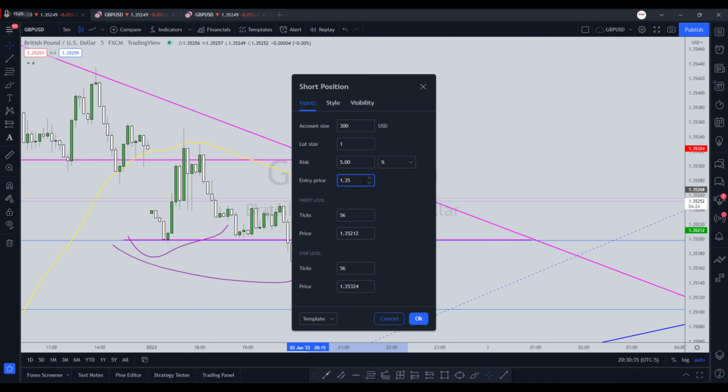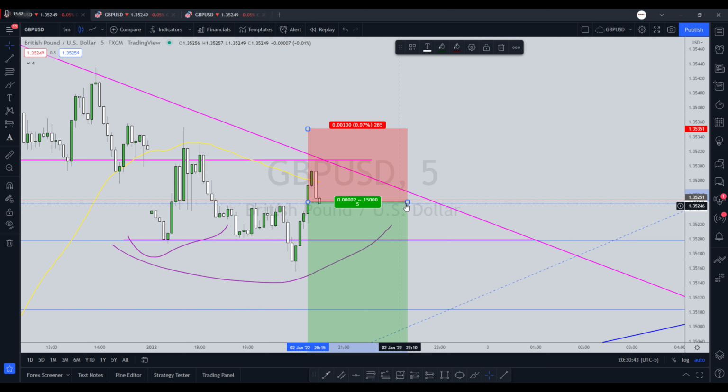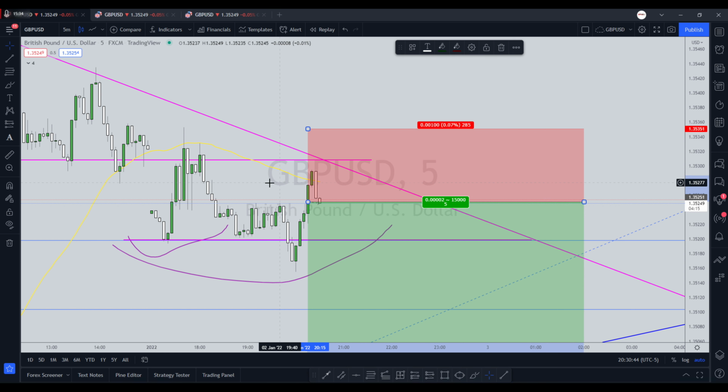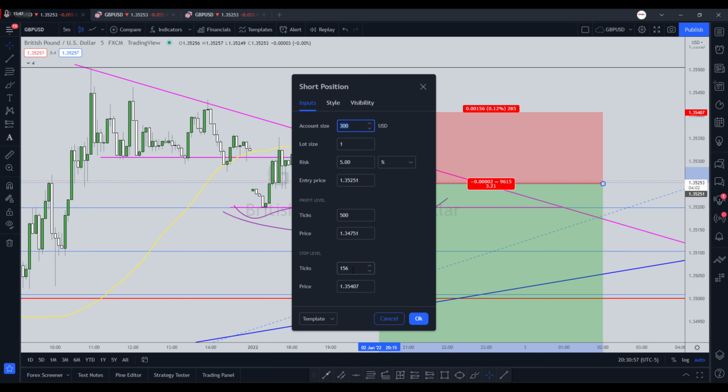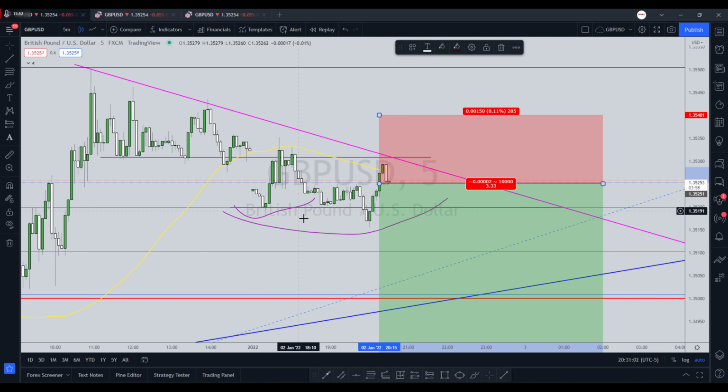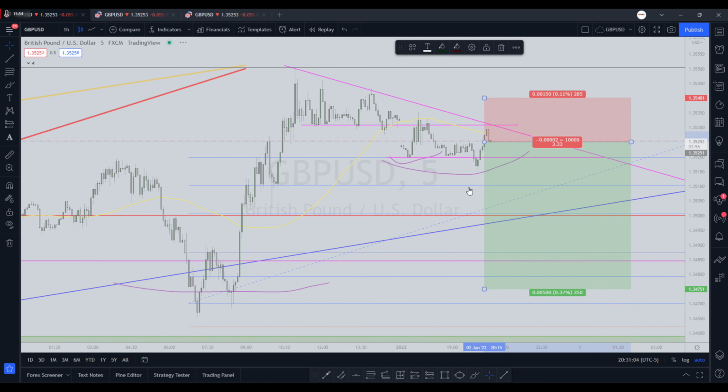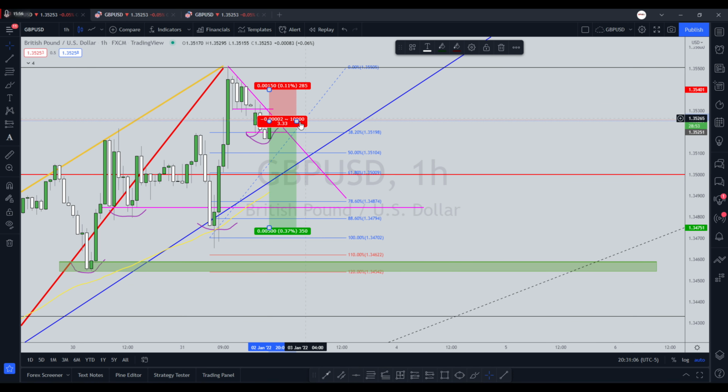We're already in the sell, so all we have to do now is maintain that sell position. Its stop loss is about 10 pips right now, but let's put it around 15 pips. 15 pips stop loss, and our exit is going to be,